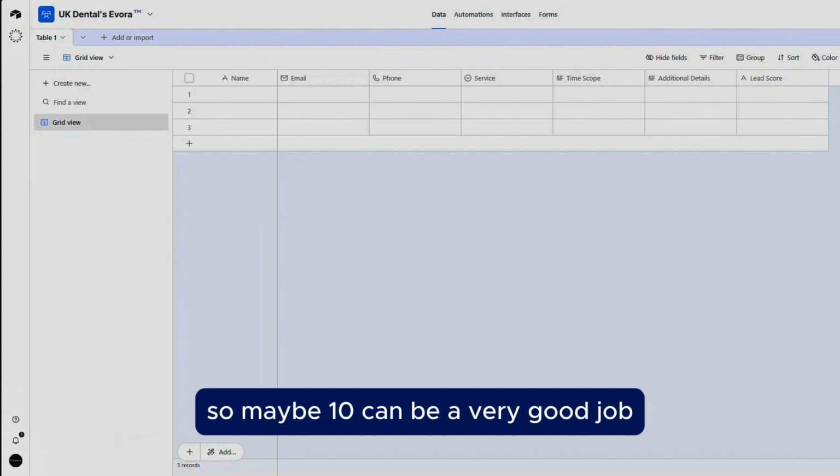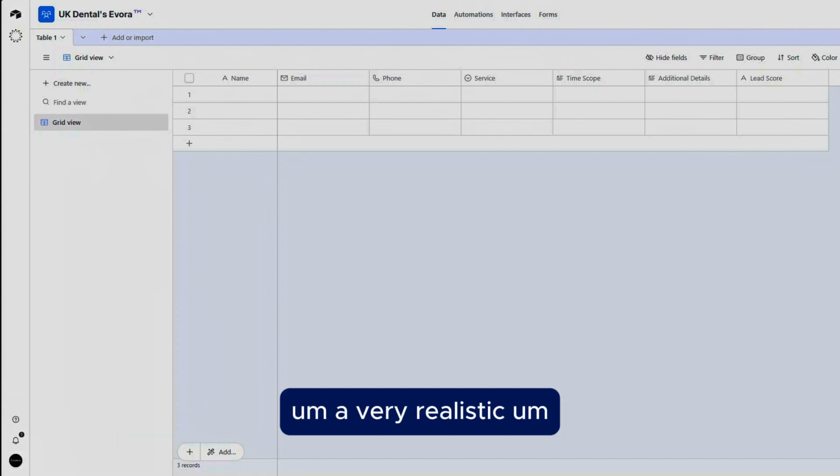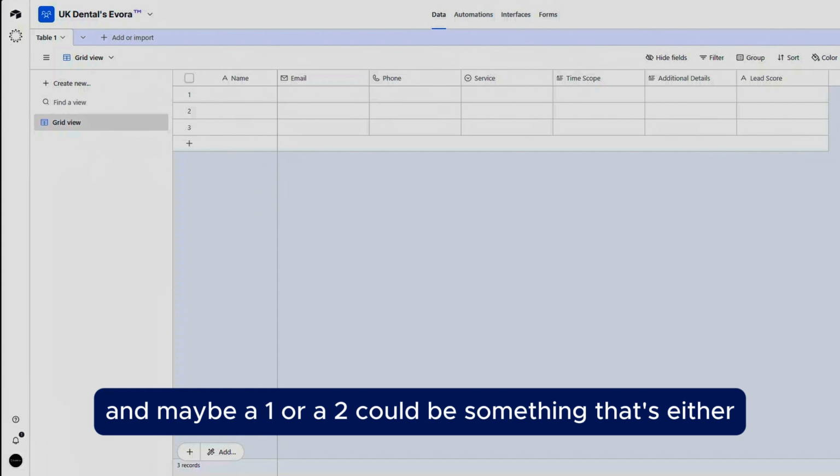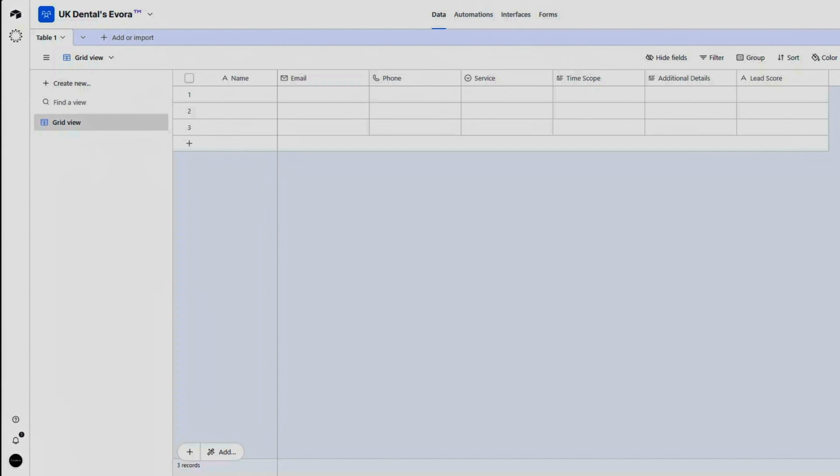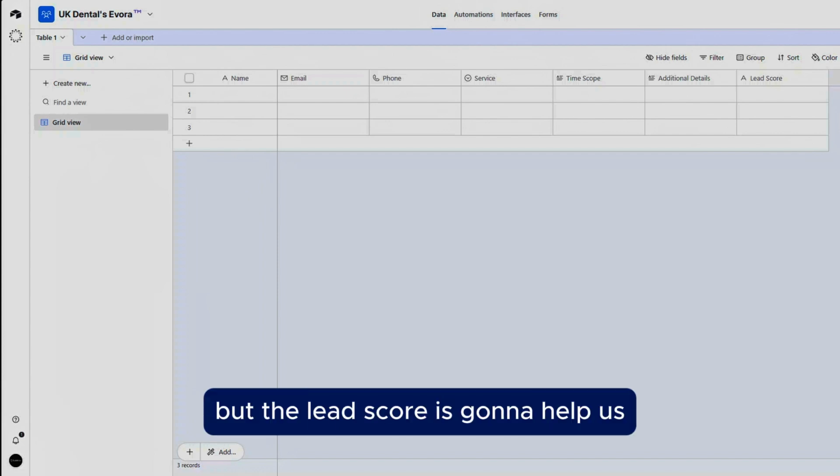So maybe 10 can be a very good job, a very realistic type of job to do, and maybe a 1 or a 2 could be something that's either due very soon or something like that. But the lead score is going to help us,